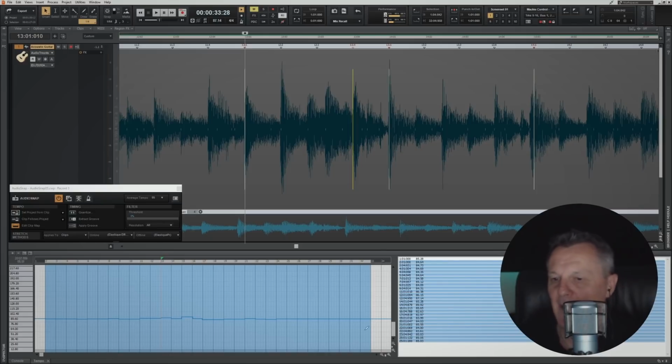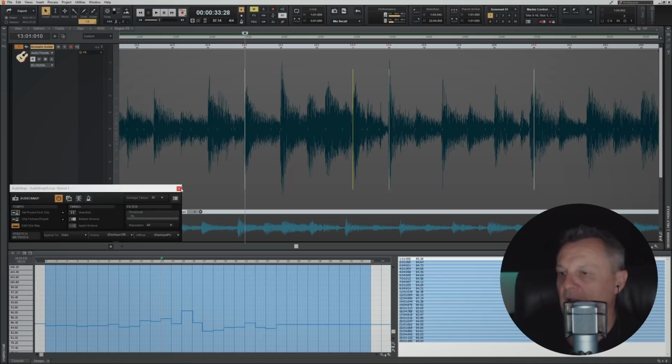Now, the tempo map down here probably doesn't look as dramatic as in the first part of this video, and that's simply because I didn't zoom in so much on this occasion. So that's how you go about using AudioSnap to put your click track in time with the actual instrument that